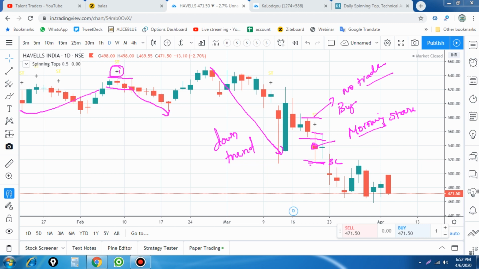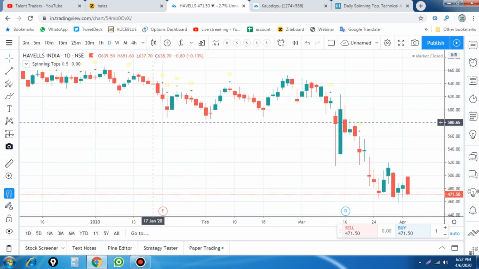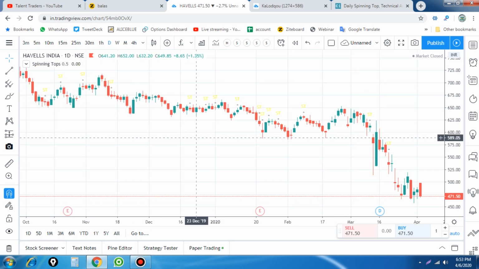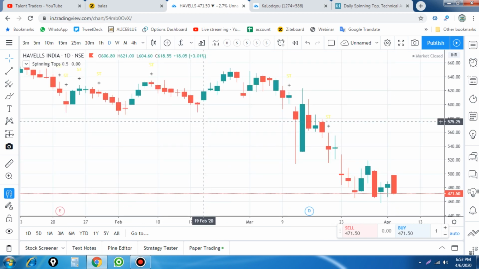And again it generates profit. So the spinning top candle, wherever again here you see a spinning top candle, because the market was previously going up, here we are selling below this low with this as a stop loss, and finally the market made a low. Okay, here we are seeing a lot of spinning top candles that we are following. So these are the four types of spinning top formation.